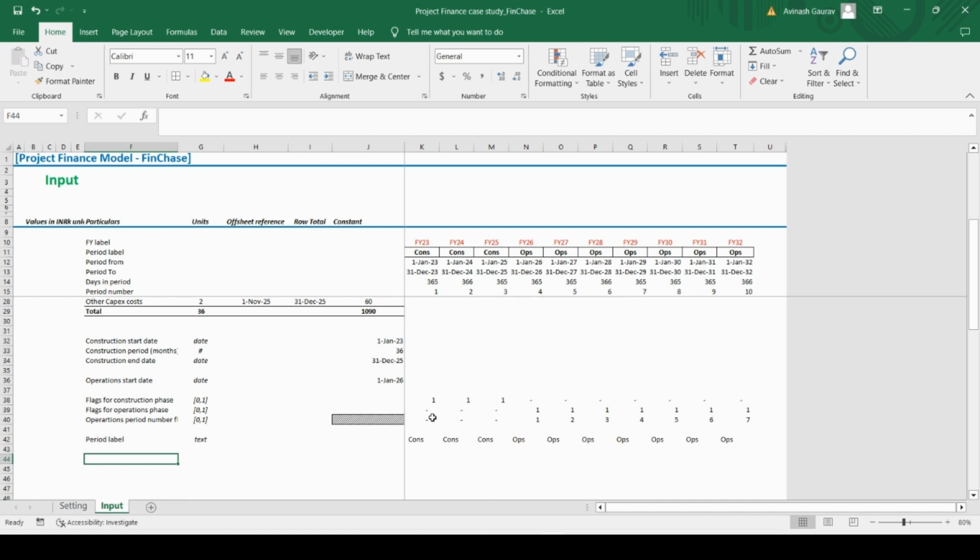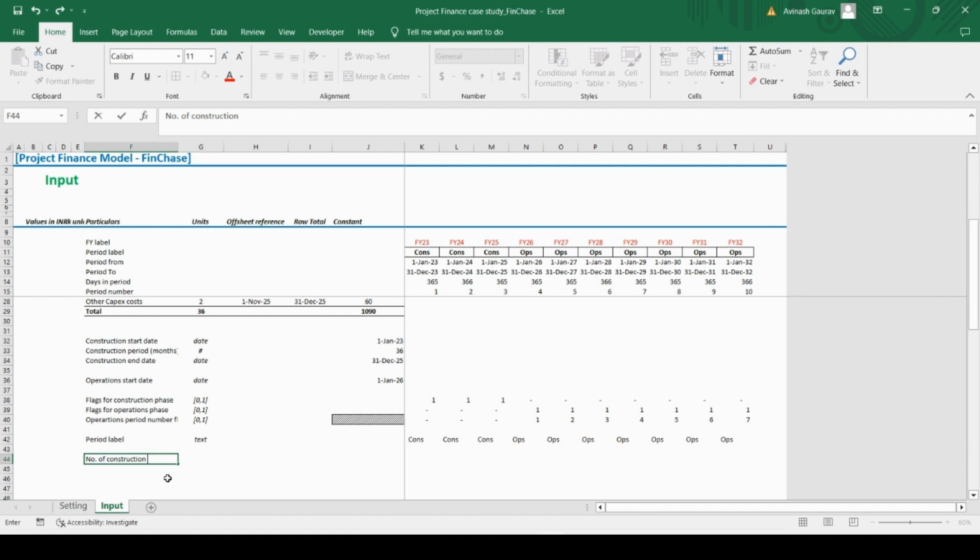अब हमें क्या कैलकुलेट करना है? सो अब हम कैलकुलेट करते हैं गाइस. हमने फ्लैग बना लिया कि कंस्ट्रक्शन फेज का फ्लैग क्या होगा, ऑपरेशन डेज का फ्लैग कैसे होगा, ऑपरेशन पीरियड नंबर का फ्लैग भी हमने बना लिया, अच्छा लग रहा है मॉडल, राइट। अब हम बनाते हैं कि हम एक साल में कितना दिन कंस्ट्रक्शन कर रहे हैं, राइट। गाइज ये सब मैं जो भी बना रहा हूँ ना, इन सब का यूज होने वाला है, राइट। सो डोंट जस्ट थिंक ये मैं यूजलेस बना रहा हूँ, whenever I will start calculation it will be used, राइट।